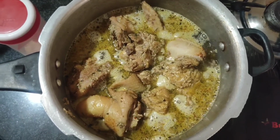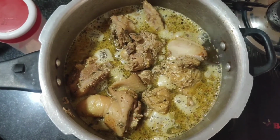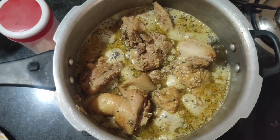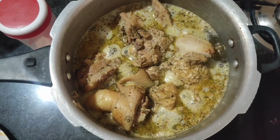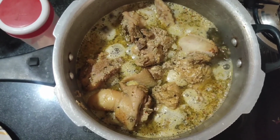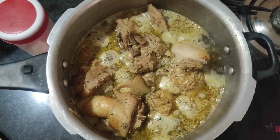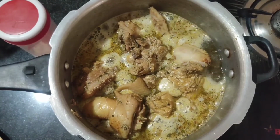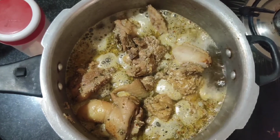The reason why I marinated the chicken is to allow the chicken to absorb those spices I use in spicing it up. So it's optional. If you want to marinate your chicken, it's optional. If you don't want to, you can still go ahead and spice it up and steam it before adding more water to it. So while the chicken is cooking, I'll go ahead to introduce you to the rest of the ingredients,